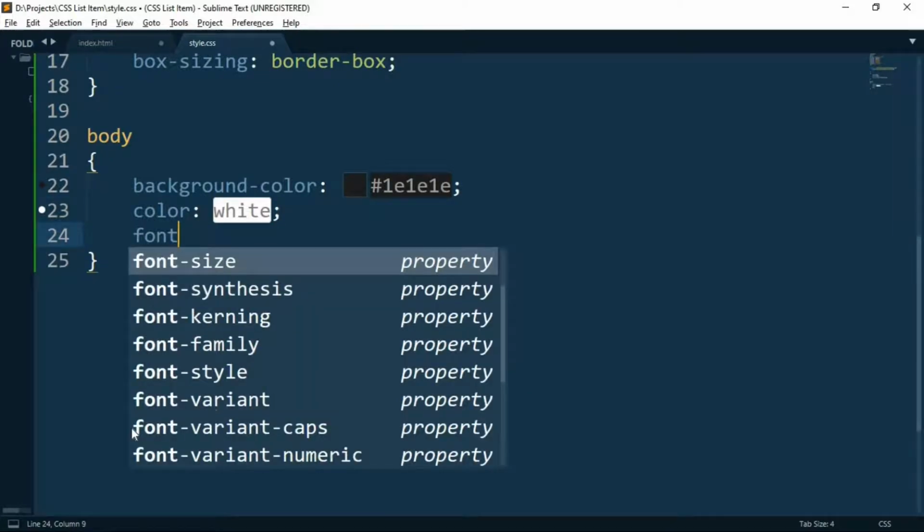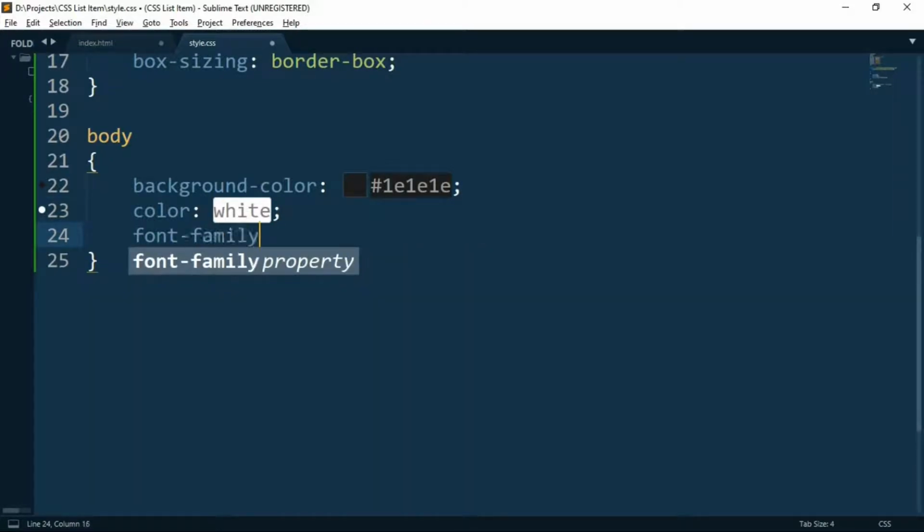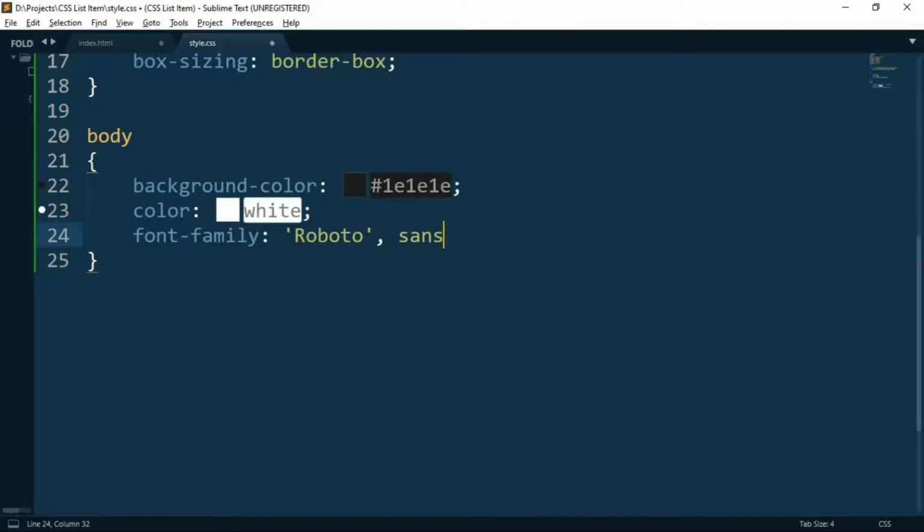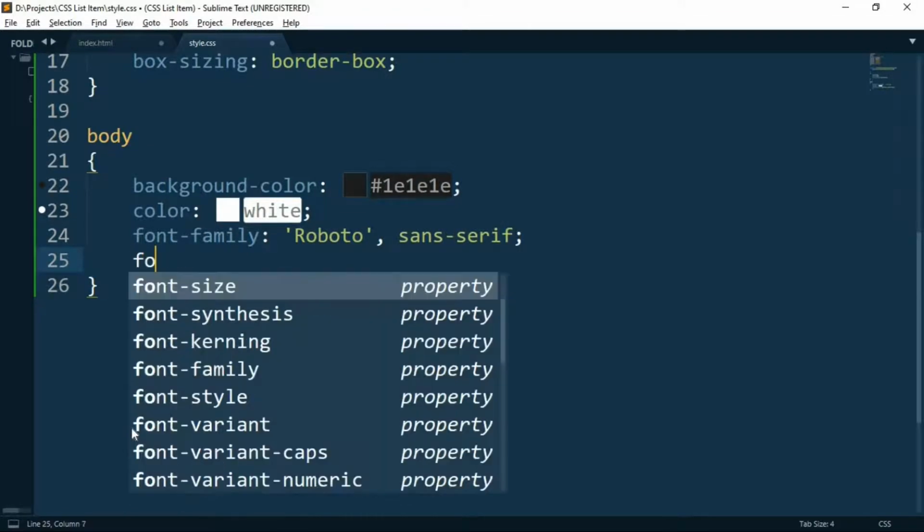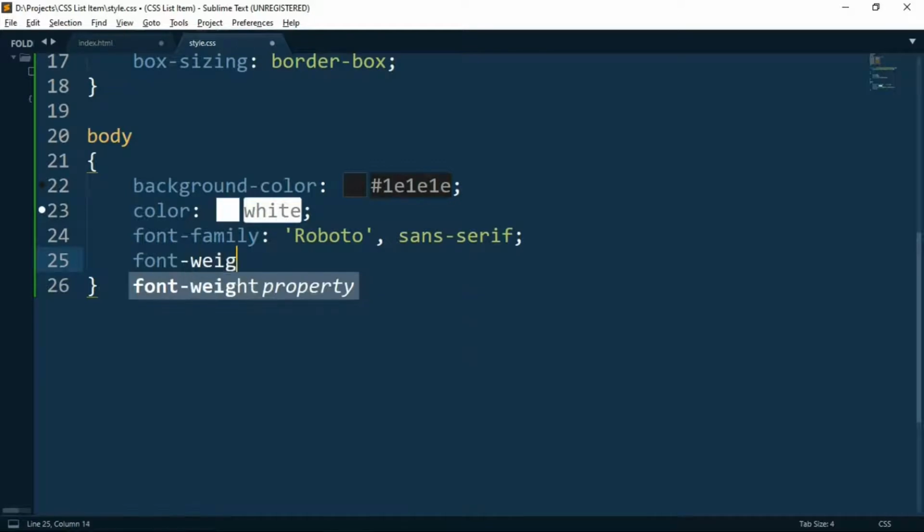We want the font family to be Roboto with sans-serif, and we want the font weight to be 400. I guess that's enough.